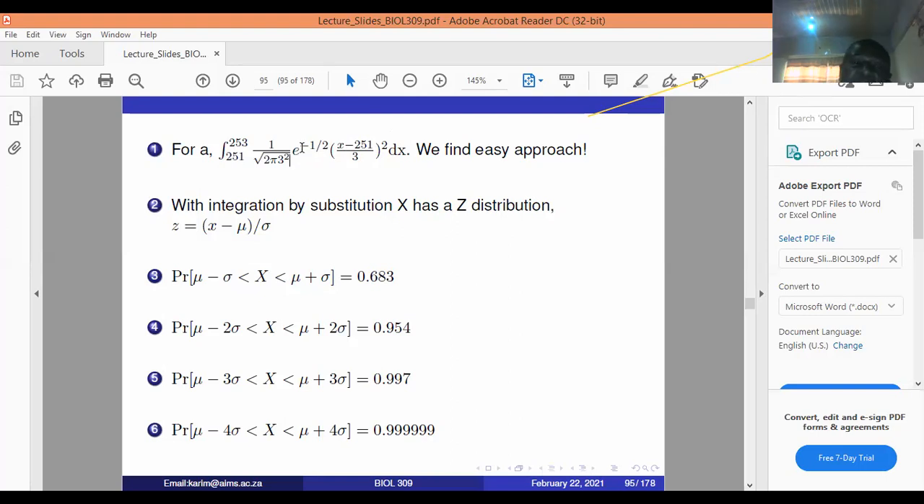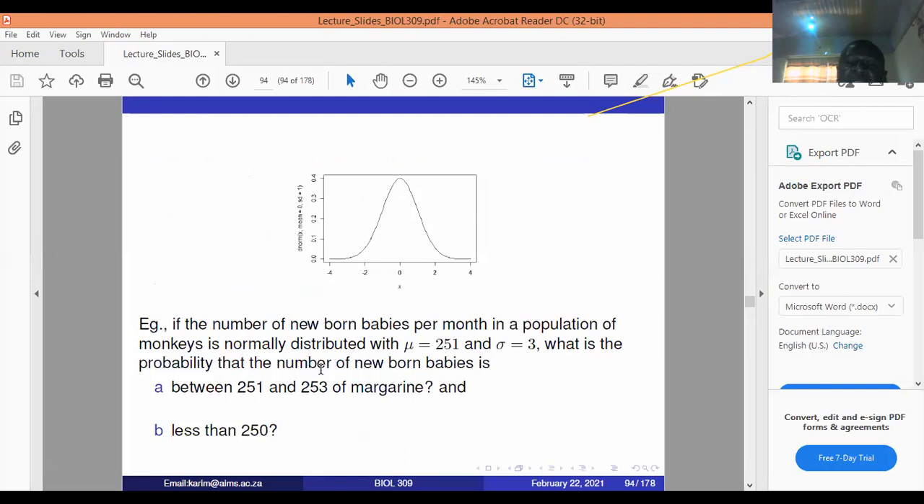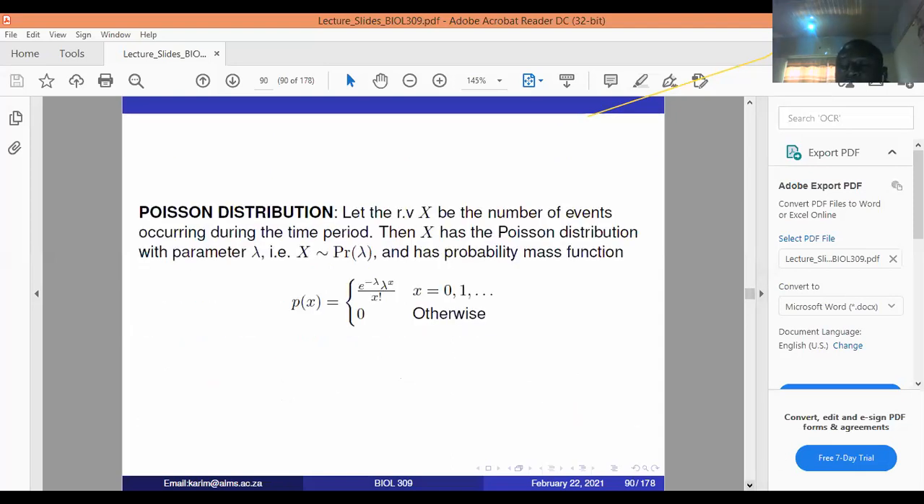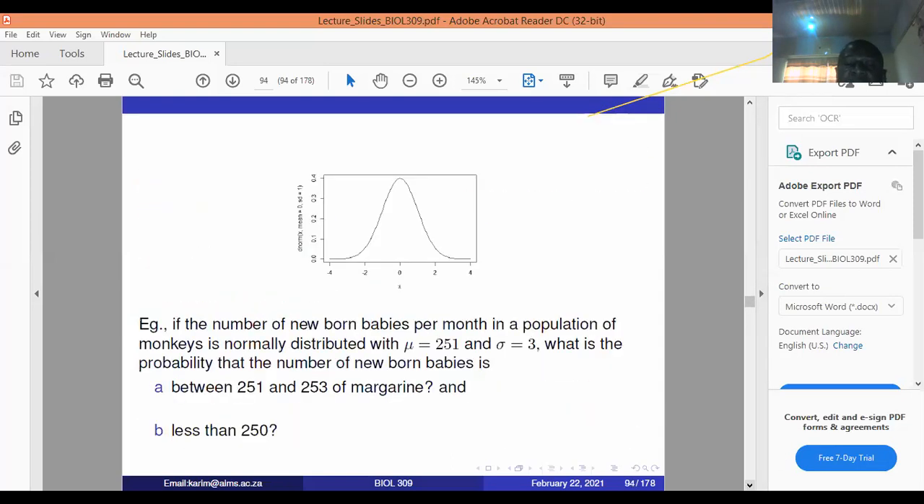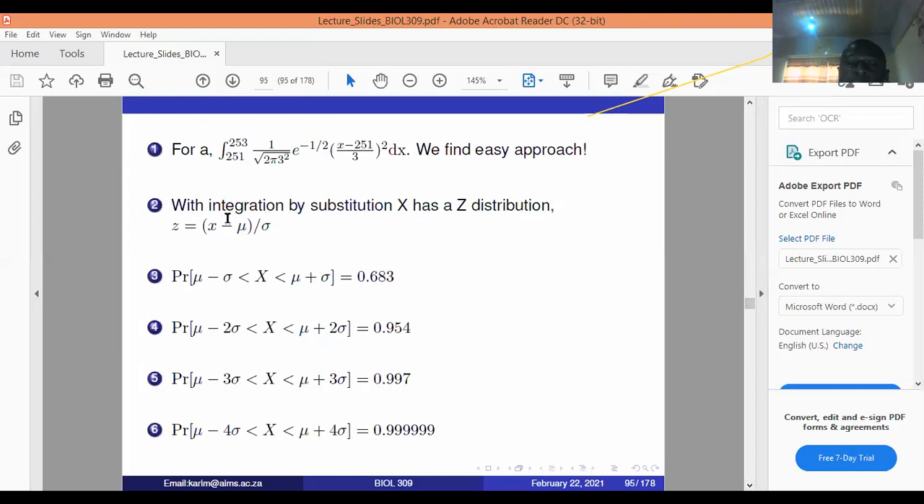So if you are using the normal distribution and you are asked to solve the two problems that we have seen in the previous slide, finding the probability the number of newborn babies is between 251 and 253, and that the number is less than 250, what we do is we resort to what we call the Z distribution, which I may not take you through the derivation or how they come by this, but let's see how we use the Z distribution. So here, if you apply integration by substitution to what we have here,